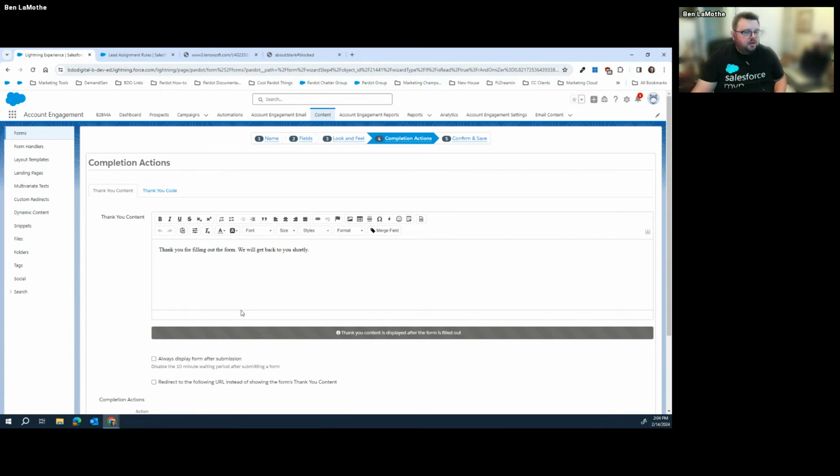Pardot supports the ability to do really granular assigning, because I've seen it where clients have very specific criteria. They say, I only want to send a lead to Salesforce, or I only want to MQL them. That's the other thing. If you only want to send them over if they meet the threshold of MQL, and then when they do, I need you to put them in the Southeast queue. Okay, you would do that using your scoring and your grading. I talked about that in the previous session, where you build it out. You say, okay, I've got my threshold of score and my threshold of grade. Once that's true, you could build an automation rule or an Engagement Studio program that looks for those